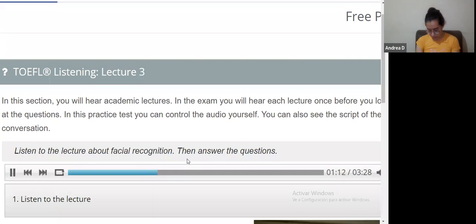The problem is that images have to be controlled. The person has to be staring straight at the camera. There must be no variance in facial expression or lighting because any variance in these parameters reduces the effectiveness of the system. So they had to come up with another way.